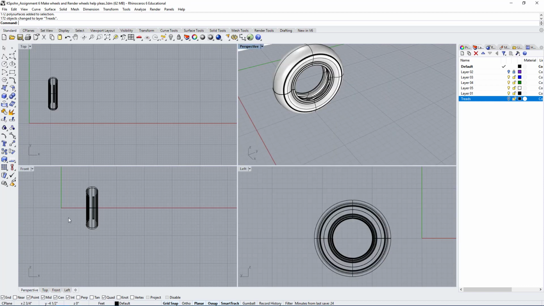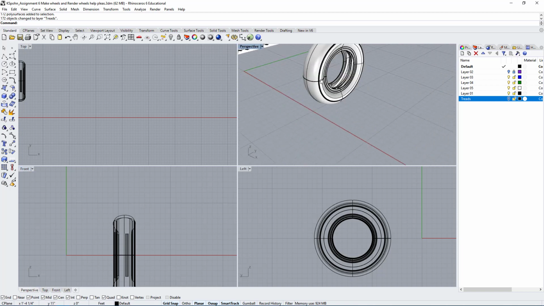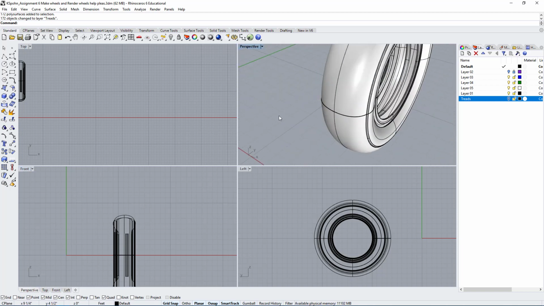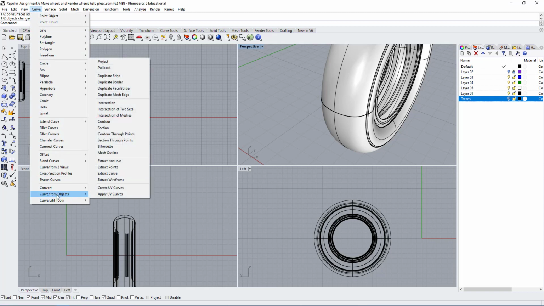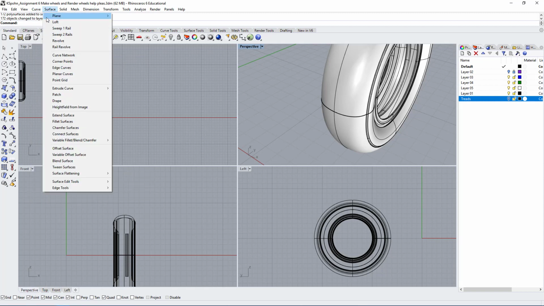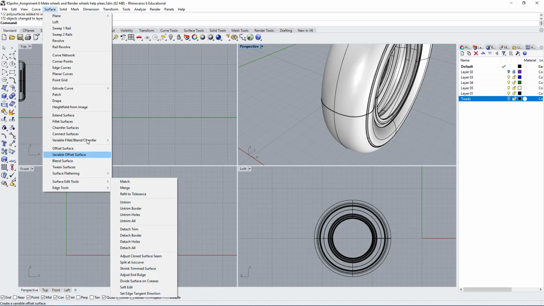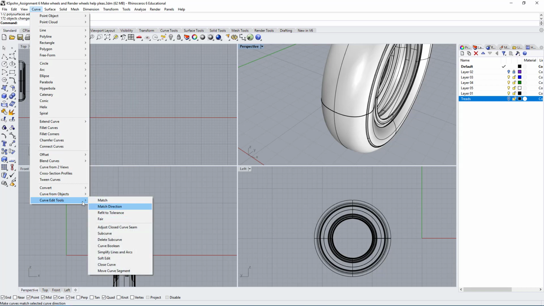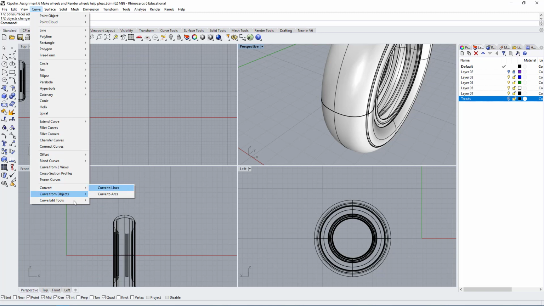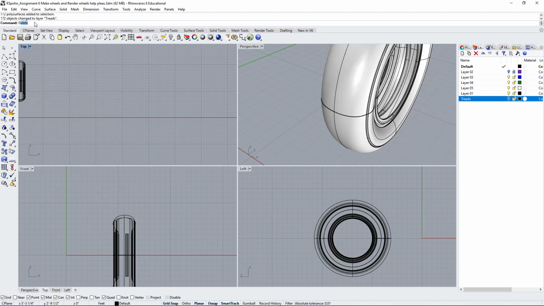So now let's look at the profile that we want to use, and there's a few ways to do that. One easy way would be to use the duplicate curve. I usually type in this command, but it's under surface, edge tools. Wait, no, it's under the curve. Again, I typically type in this command, so this is why it's difficult for me to find it here. It's called duplicate edge. Whatever, I'm used to typing it in, so I will just type it in, dup edge.